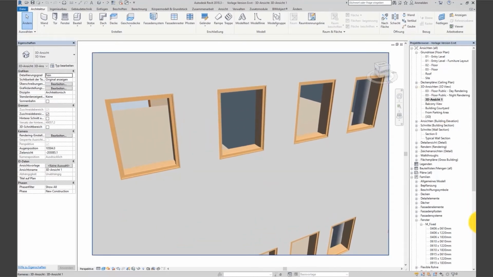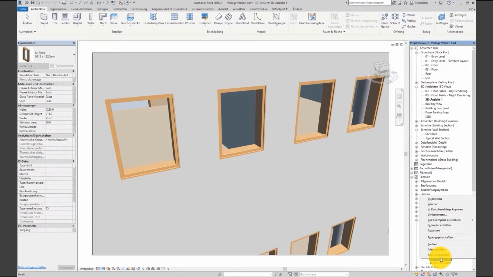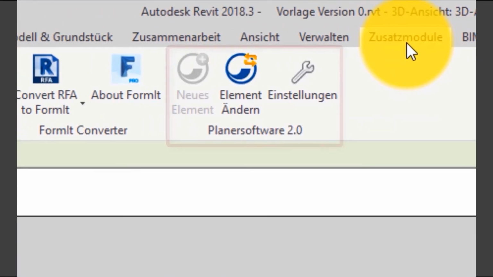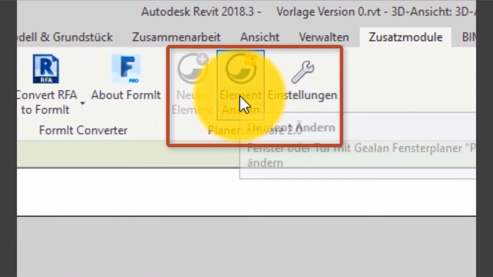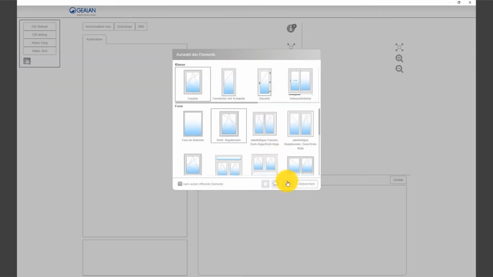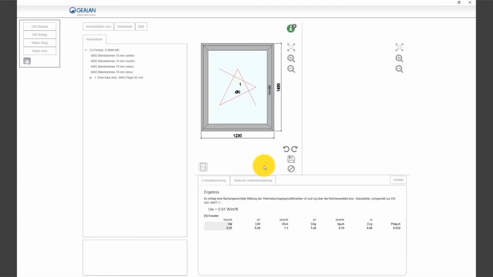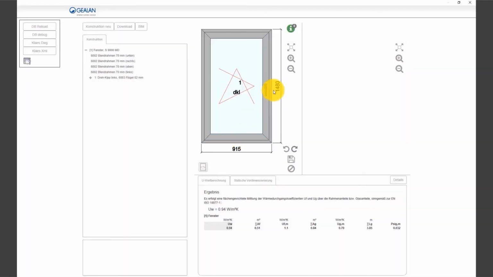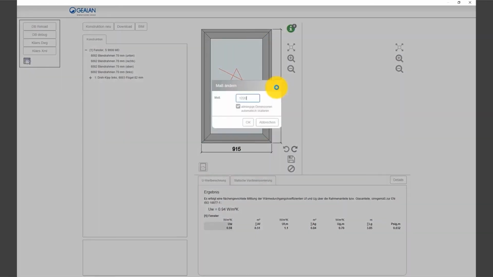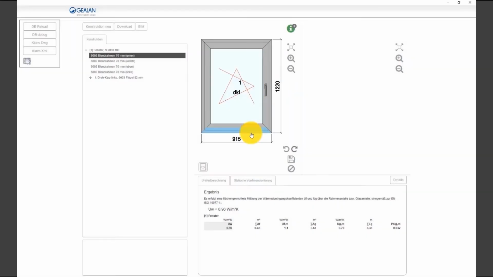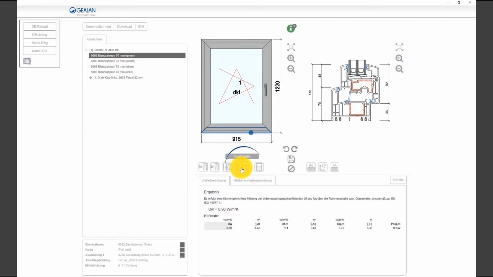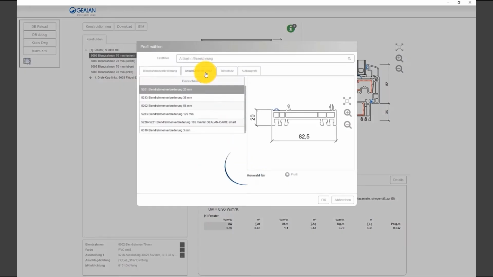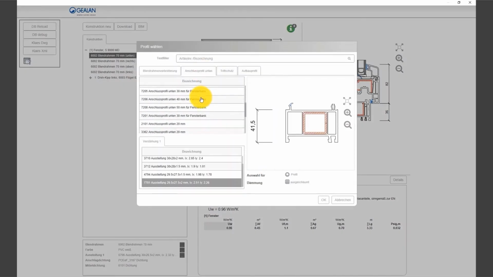You see a 3D building model generated in Revit. After the installation of our plugin, we are in the CAD environment. So we can call up the menu, and I just clicked the windows, and these were windows by Revit, and via the plugin I have an interface to the planning software and can adjust and configure the windows according to my requirements, whether I need ventilation, additional profiles,